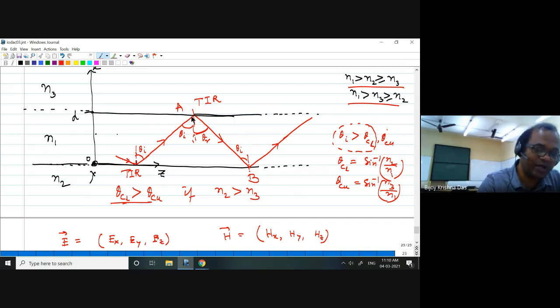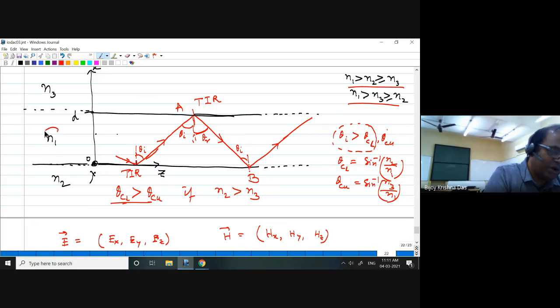But you have to ensure that when light is propagating in this direction, for example, as given, I have shown just a ray in the XZ plane, right? If my wave is propagating in the XZ plane, if the K vector is in the XZ plane, then I am sure that the electric field and magnetic field should be perpendicular to that wave vector, because we are considering a homogeneous medium.